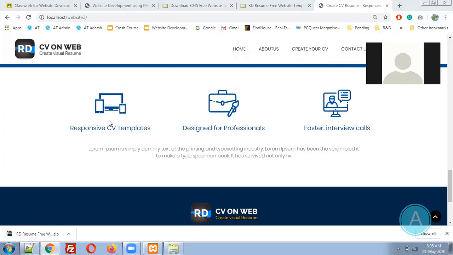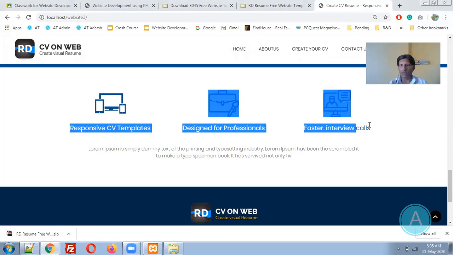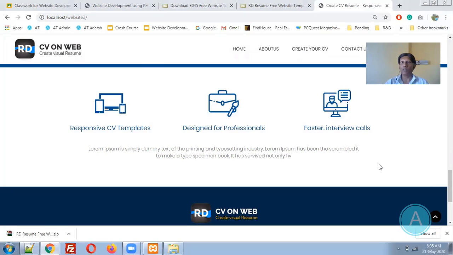Yes, sir. I would like to fetch these three things from the database. Database. So what will come up into the mind? What are you thinking at that time, that I would like to fetch these things from the database? The particular format will be fetched from the database when you create a CV. The customer has entered their details, and these are having two fields only. One image is there, one title is there.